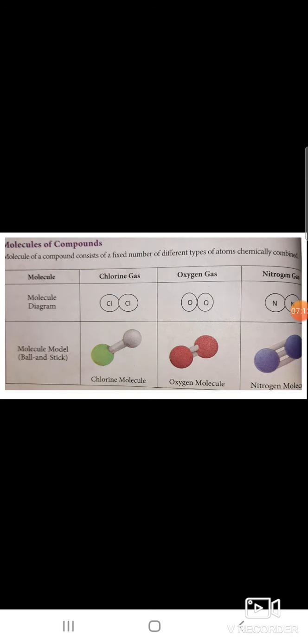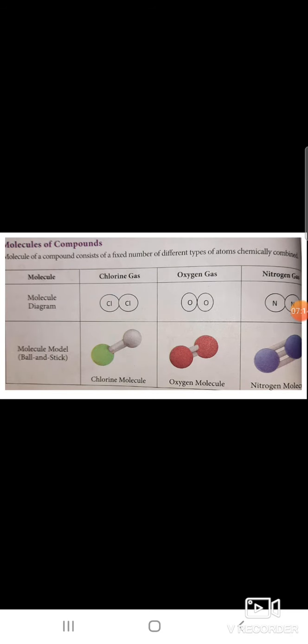Then molecules of elements. Elements can be made up of one atom, like helium and beryllium. Elemental molecules include hydrogen H2, oxygen O2, chlorine Cl2, ozone O3 and sulfur. Atoms are not drawn to scale. Some elements are monoatomic, meaning they are made up of single atoms. In molecular formula, helium is He.